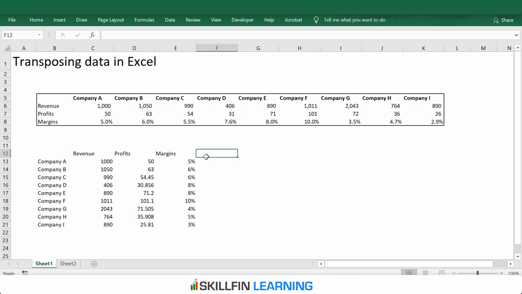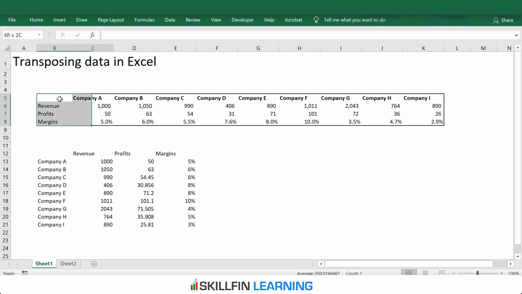So this is the first way how we can transpose the data. This is a static method. If we change the data in the original table, the data doesn't change or get updated automatically. We can perform the same feature with the Excel shortcut key.